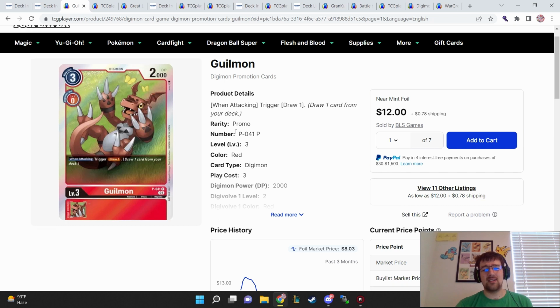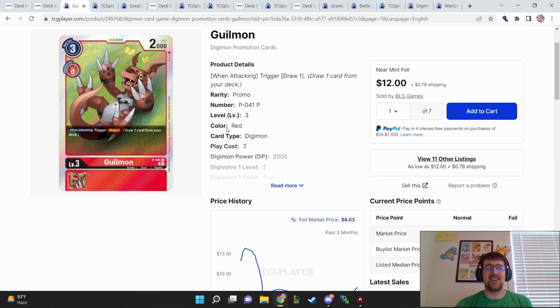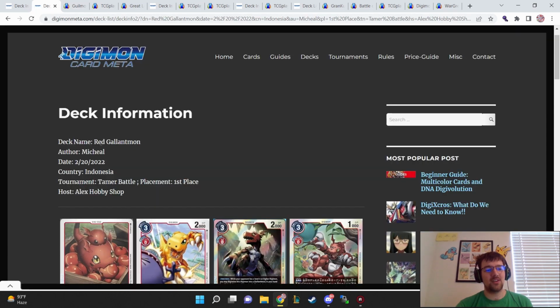And outside the deck, the Dash Pack Guilmon is something to be aware of. Japan didn't have it in their format, so this card could be seeing more play than you'll see on Digimon Meta for that reason. He came out during the start of their BT9, I believe. Regardless, card definitely to look out for, because with the new egg, he actually does draw an